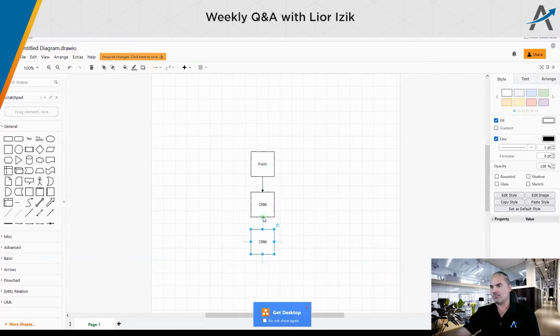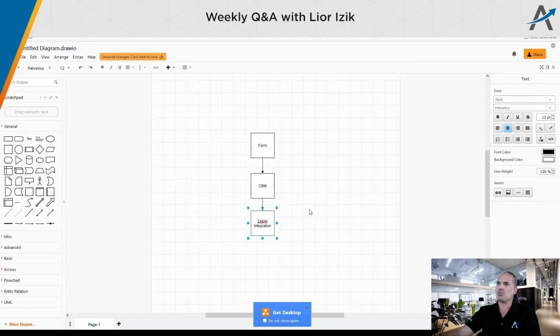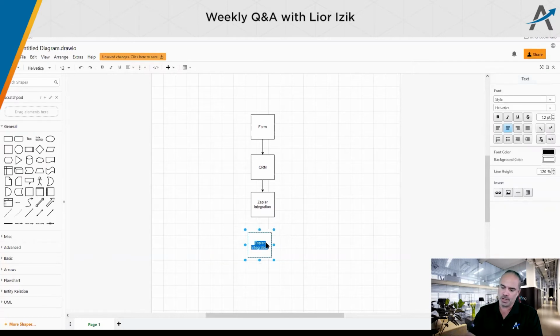From CRM, we need to have a Zapier integration, because only Zapier right now can, not Zoho Flow. Eric, can you check if Zoho Flow has integration with Zoom? I didn't see any, but just check. Yeah, no problem. Zapier integration will create a Zoom event.